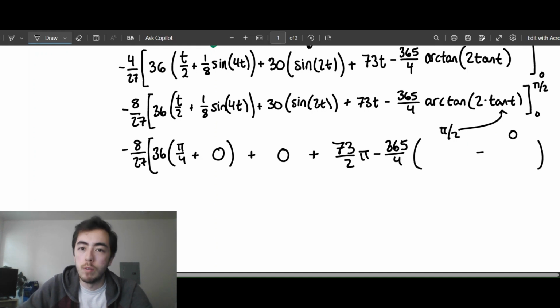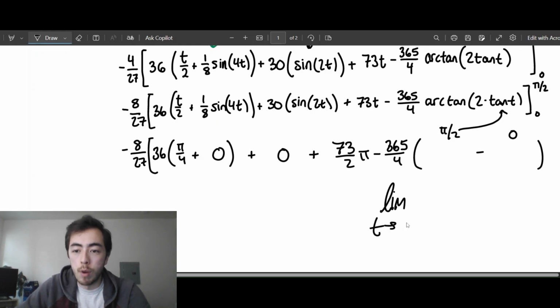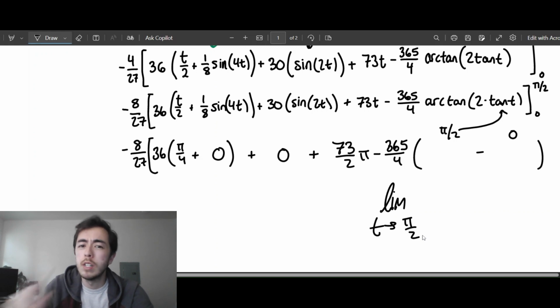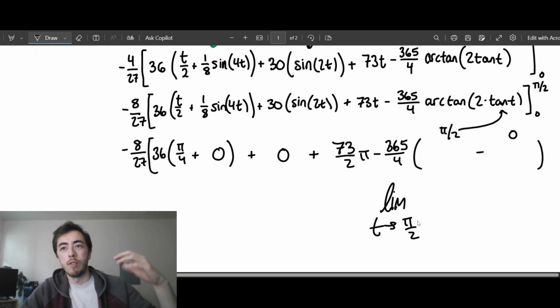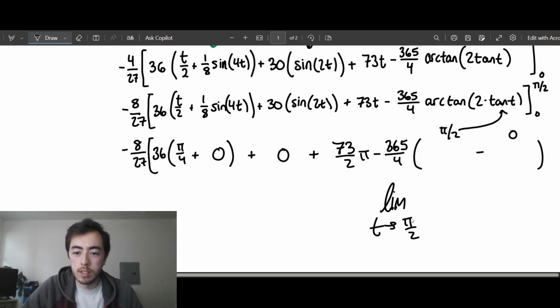Maybe for this one, I should just imagine that it's a limit as t is approaching pi over 2, although that's not good enough because tangent has a vertical asymptote where it has different values on either side. I'm hoping that approaching from the left, so from the negative side of this value,